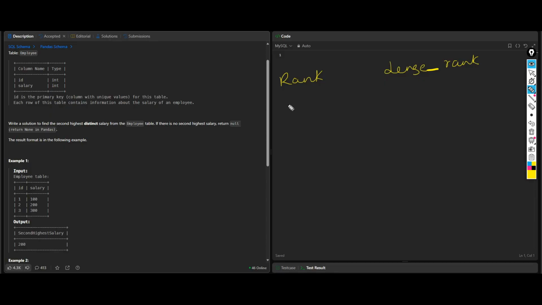Suppose I have one salary column with these rows: 100, 100, 200, 300, 300, 400.